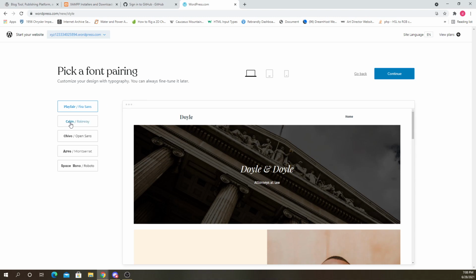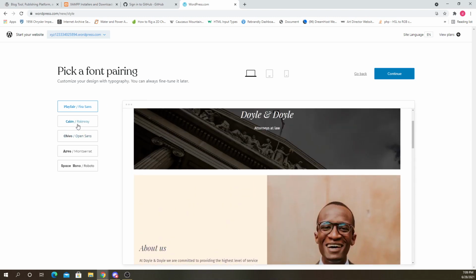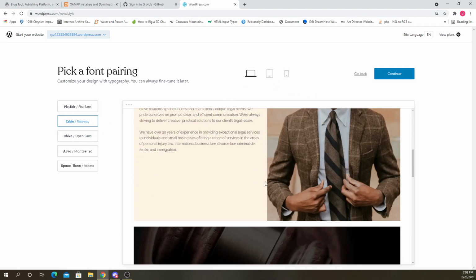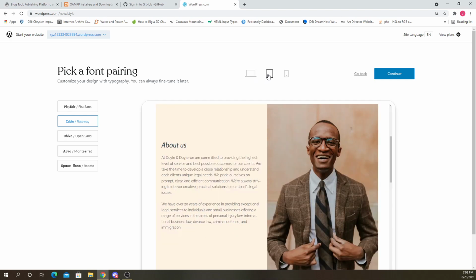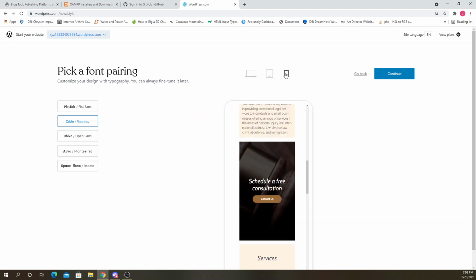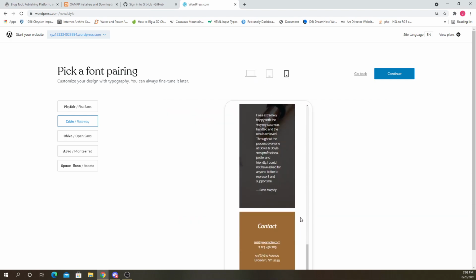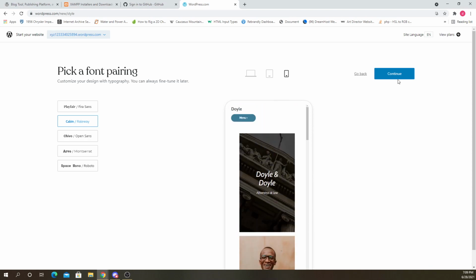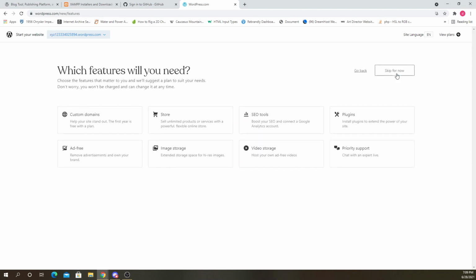So you could pick what kind of fonts you want to use with this, and it'll give you some suggestions. Let's just go with this one. And you can preview this on a tablet or a mobile device, see what it'll look like. And we can click continue.